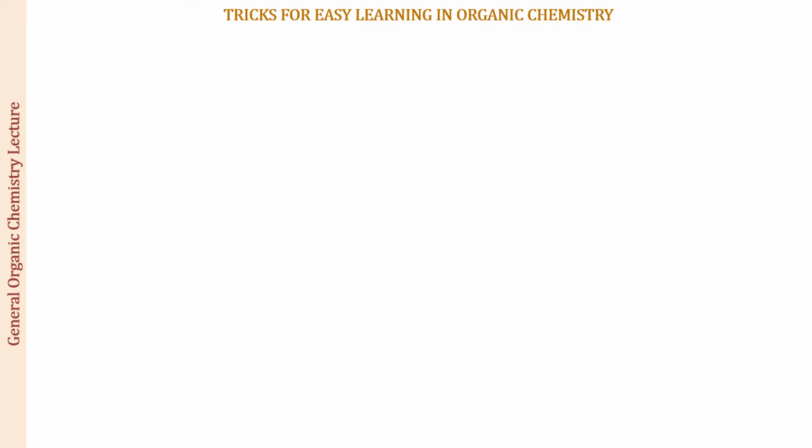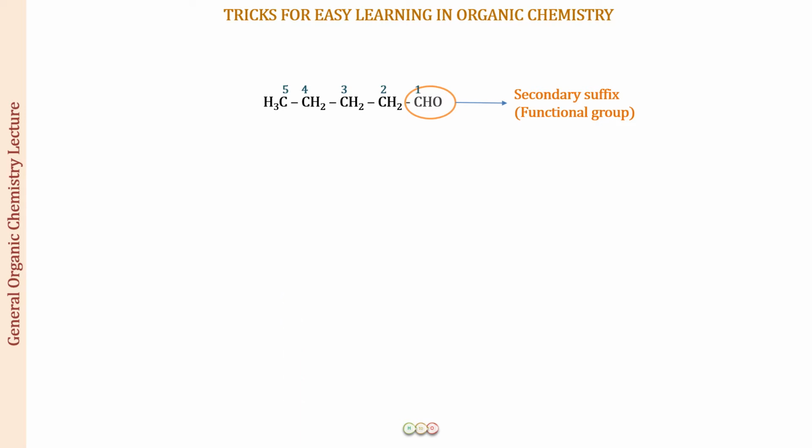But before we begin the learning, you should have a clear understanding why you need to learn the priority order for the various functional groups. So look at this example. Can you identify which is the functional group? An easy thing. The CHO group is the functional group, and this we represent in the name of the compound as the secondary suffix, right? So to give the lower number to the functional group, we will be starting the numbering with the carbon of the CHO group. 5 carbons, word root is going to be pent, all single bonds, ane, and behind that an al. So the name of the compound becomes pentanal.